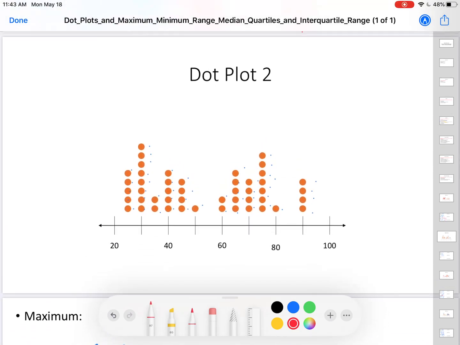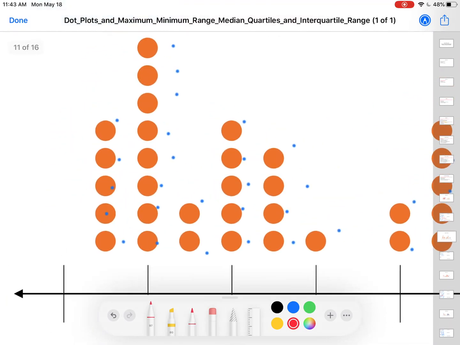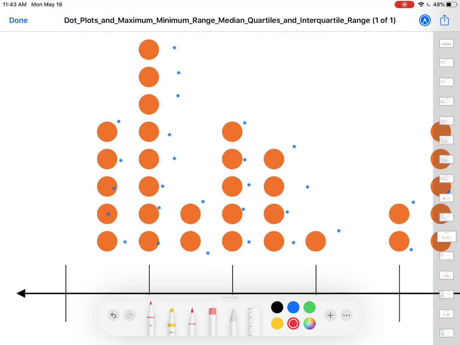Here we are at dot plot number 2. This again was an even number, so we're going to do the exact same thing that we just did with dot plot number 1, but not the same thing that we did with 3 and 4, because 3 and 4 had an odd number of dots. This again is an even number. I don't remember how many. Let me count them. 1, 2, 3, 4, 5, 6, 7, 8, 9, 10, 11, 12, 13, 14, 15, 16,